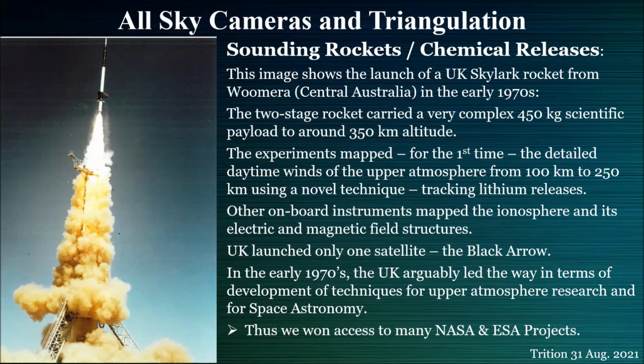Well, as you probably remember, we only ever launched one satellite with the Black Arrow launcher, and nonetheless, using the high-altitude rocket experiments, we had a very successful program, did a lot of good science, and arguably we led the way globally for many techniques of measuring the upper atmosphere, and also for ultraviolet and infrared space astronomy. Using the techniques that we developed, a number of research groups within the UK, primarily Birmingham, Mullard Space Science Laboratory, UCL,